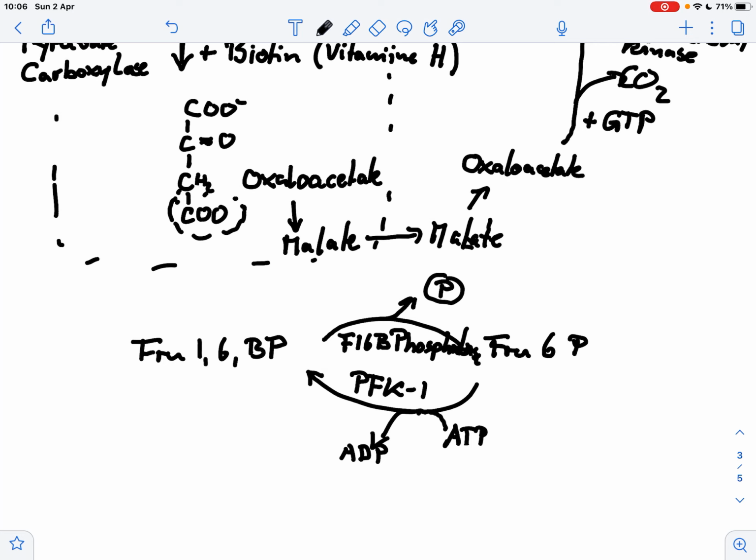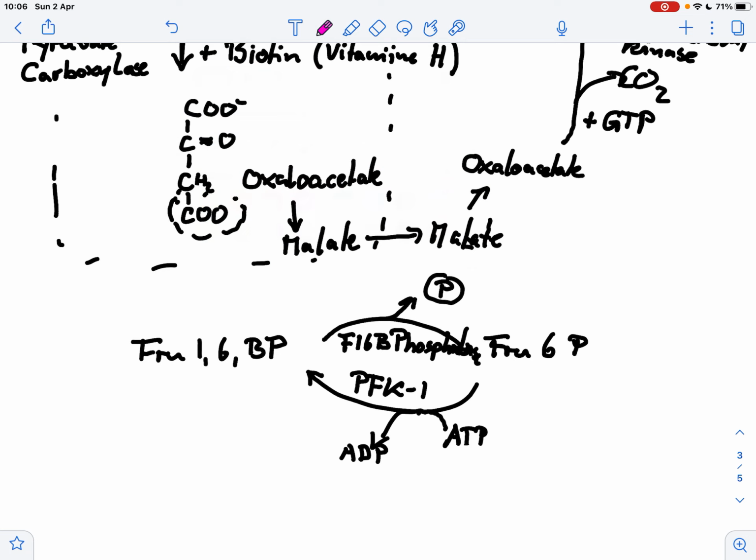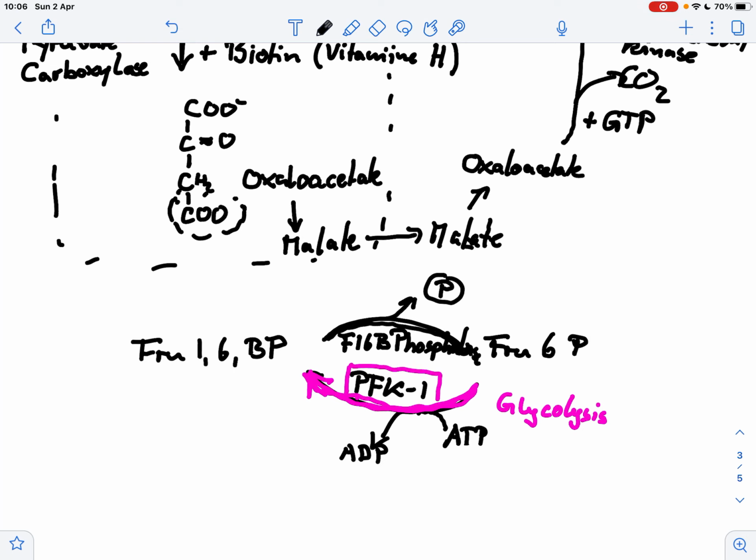So this process here, this is the glycolysis, and is carried out by phosphofructokinase 1,